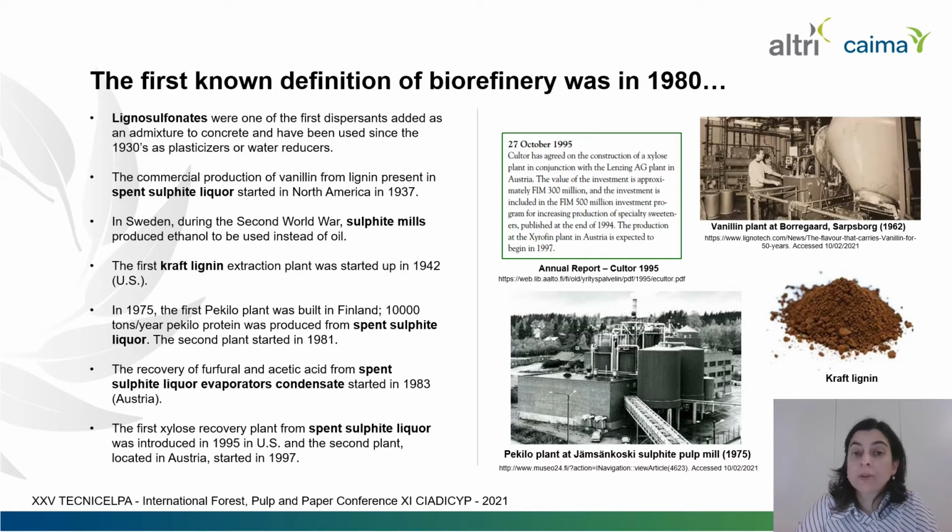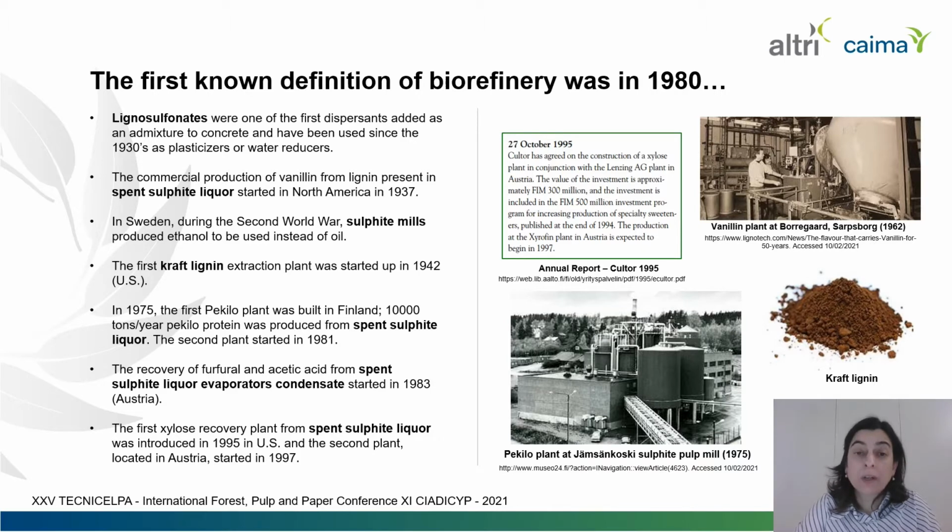The commercial production of aniline from lignin present in spent sulfite liquor started in North America in 1937. In Sweden, during the Second World War, sulfite mills produced ethanol to be used instead of oil. And the first kraft lignin extraction plant was started up in 1942 in the US. In 1975, the first Pekilo plant was built in Finland. 10,000 tons per year of Pekilo protein was produced from spent sulfite liquor,